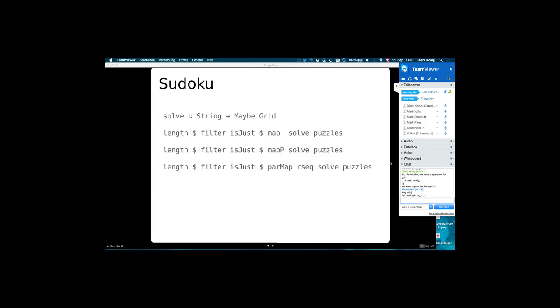We map the solve function over many Sudokus and just put this whole line into the benchmark. I put this because I wanted to know how many of them are solvable. We could also have taken only map solving puzzles, but here it's sequential.